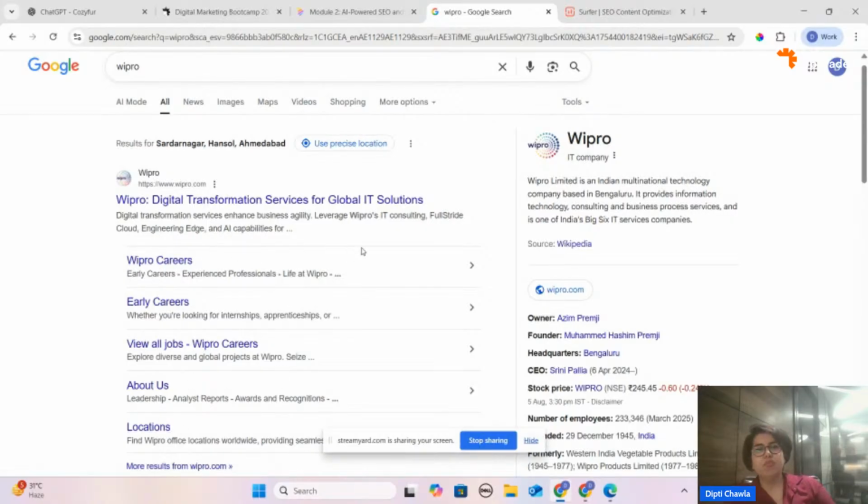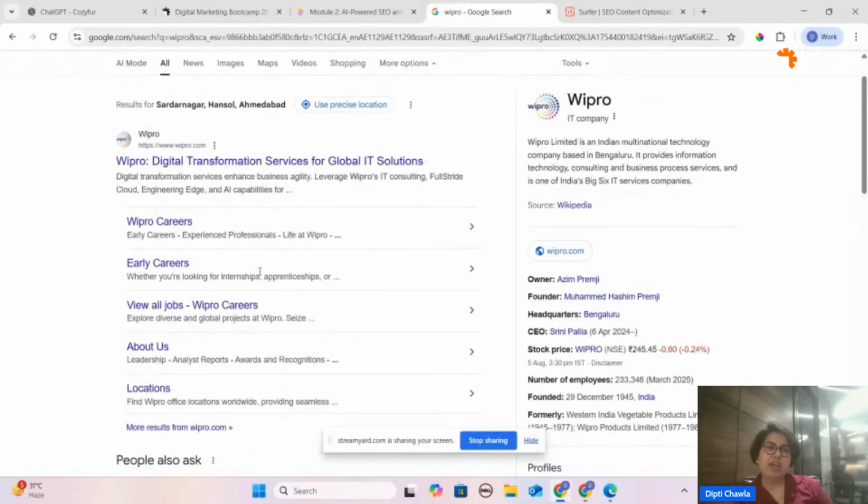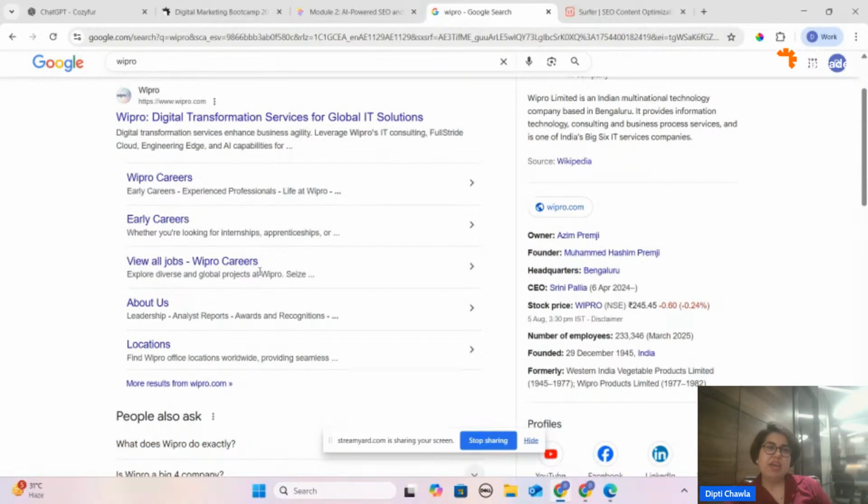Google doesn't always do that. As a marketer, you will need to start thinking about why Wipro does this. I'm making it clear for you. People majorly go to Wipro not to find their service pages or solutions. They don't need any service pages and solutions from our end.